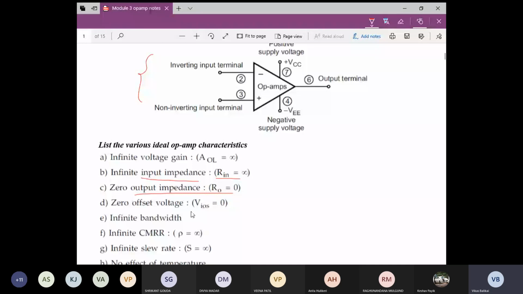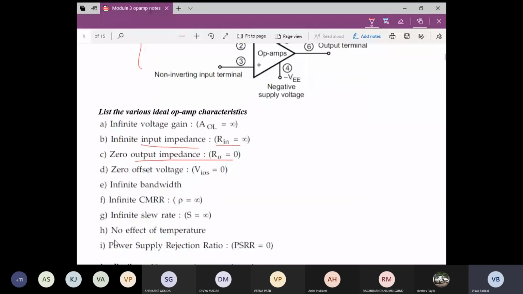Then we looked into what we mean by the slew rate, and how it is going to impact the performance of my signals. Basically, it is the change of the output voltage with respect to time, or how the input changes versus how the output changes. The slew rate has to be very large. So the change of the input with respect to time, and the change at the output with respect to time, should be in sync with each other.